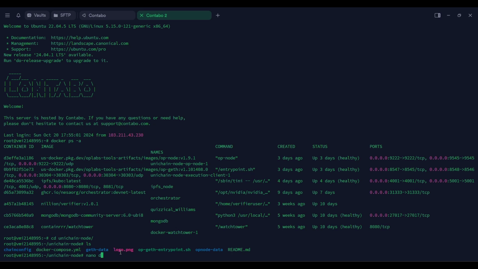So we use Nano to open this file. Nano is what we use to open any text file, or any Docker Compose YAML file, or any Python file. If you don't have Nano, or any software, this is how you install it: sudo apt install and the software name. If at any point that software is not installed, this Ubuntu VPS will give you the command on how to install it, so you don't have to think much about it. First, let me show you this, docker-compose.yml.